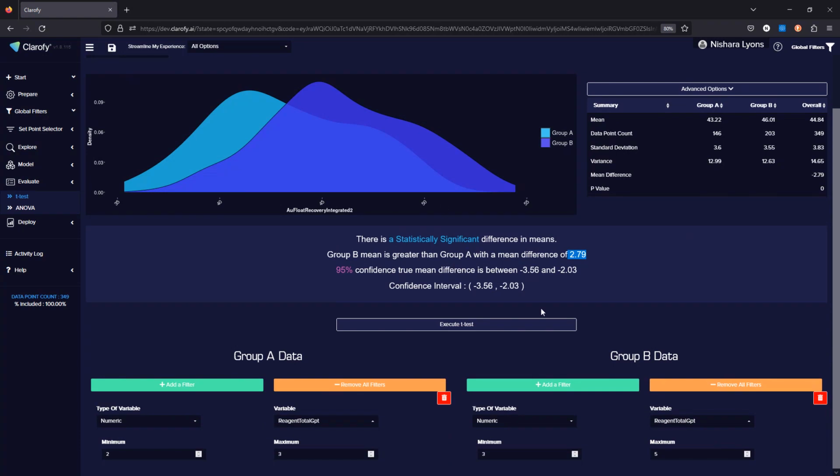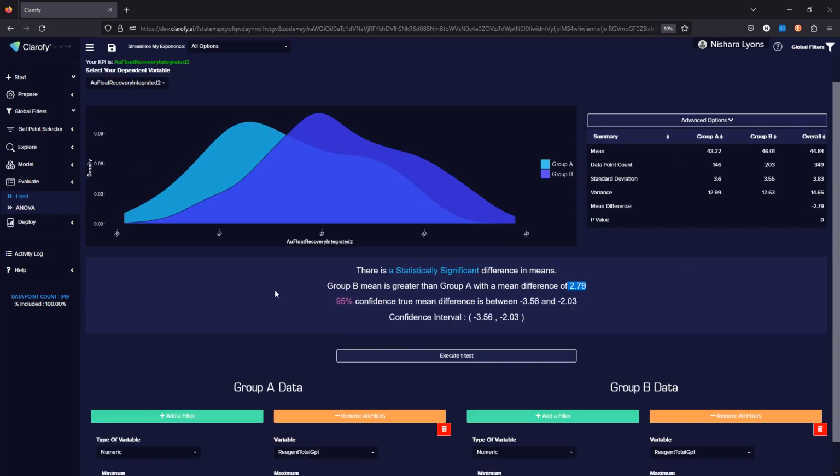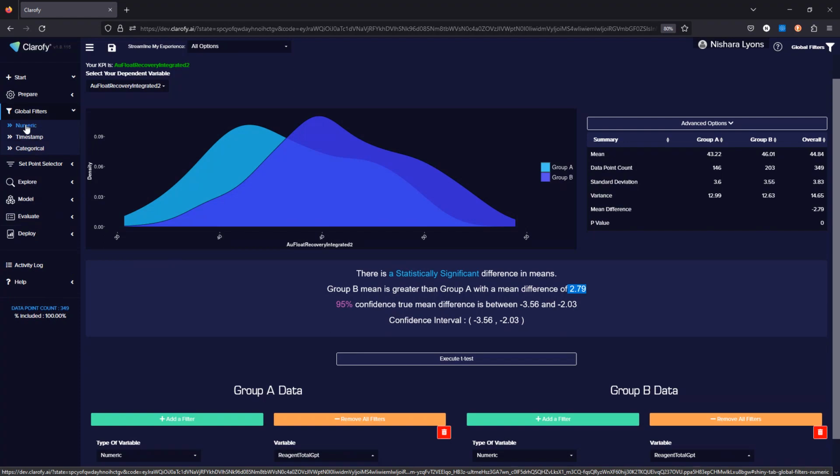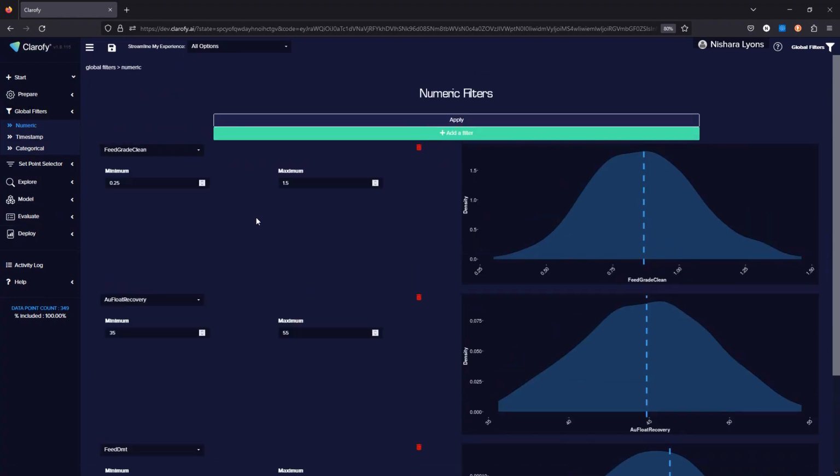And as you can see, a couple of clicks, very easy to do. I'll just point out the only difference between this data set and the one in Excel is I had put some filters in previously. So I had made sure that some of our outliers were taken care of.